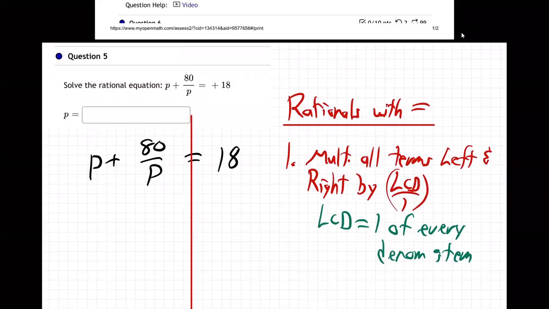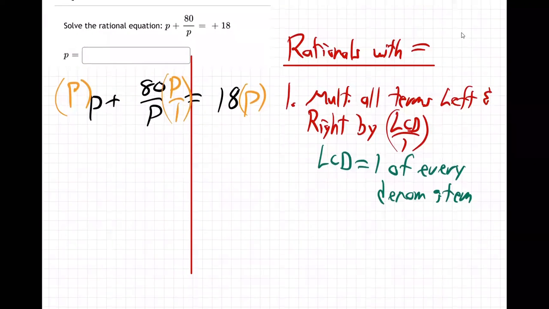Well, in this problem, we have only got one thing under a bar, just that single P, right? That's the only fraction. So that's the only denominator item. So that's all we use. So I'm just going to go P, it's going to multiply by P over 1, and P. So that makes sense. But you got to do all the terms. That's a common mistake some students make. They don't do all the terms left and right. You got to do all the terms left and right by the LCD over 1. I don't put it over 1 when it's not next to a fraction. I just put the P there.